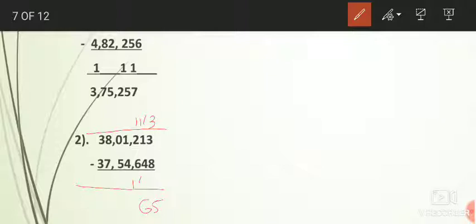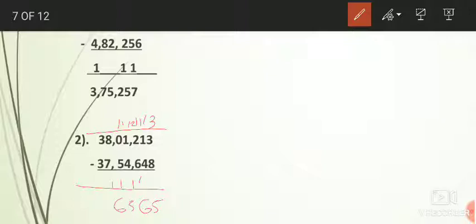7 we can't subtract from the 2. So borrow 1 point here, it becomes 12. 12 minus 7. Yes, it is 5. Now we can't subtract this 4 plus 1, 5, from the 1. Again borrow 1 point from the 5, 10,000, that is 50,000, and here it is 11. 11 minus how much students? 11 minus 5 is 6.